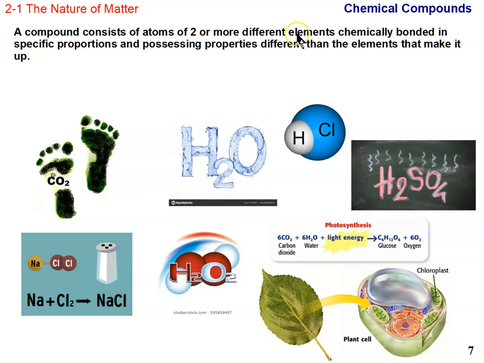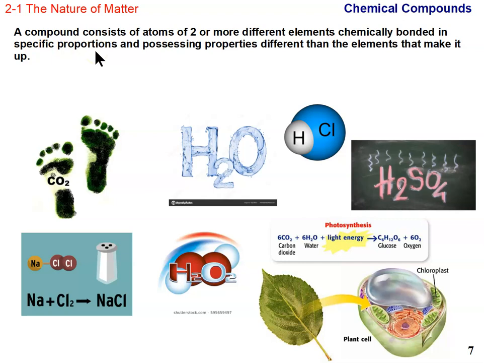Remember, we can use the term element to refer to just one atom of a specific kind, or more than one atom of a specific kind bonded together, like oxygen, O2. Both atoms are oxygen, therefore it's not a compound. Chemically bonded, which involves electrons, the interaction between electrons between the two atoms. That's what constitutes or defines a chemical bond. There has to be interaction between electrons between the atoms to bond them together